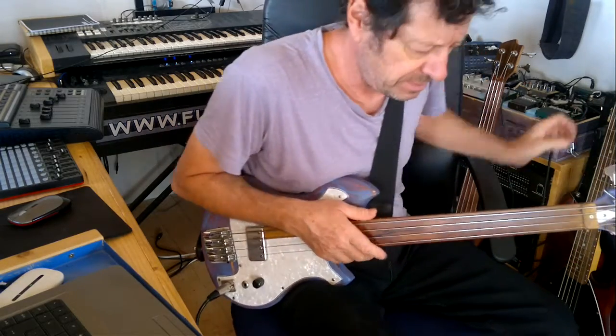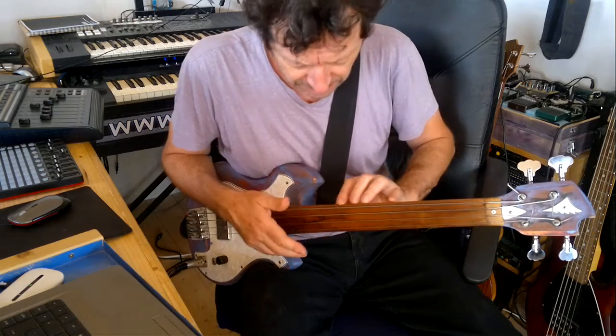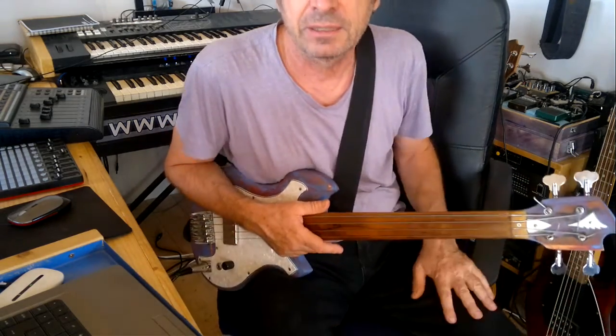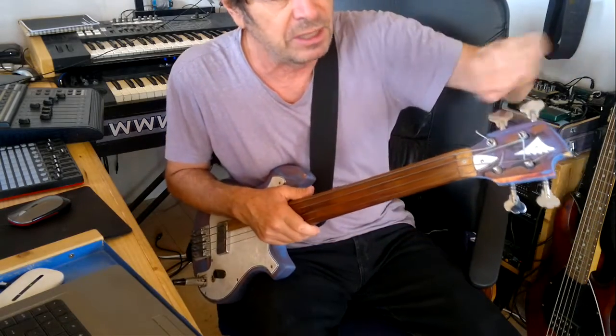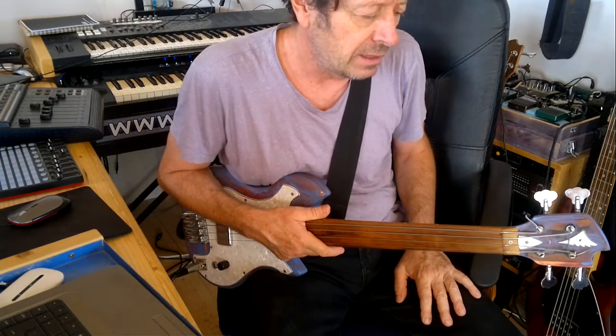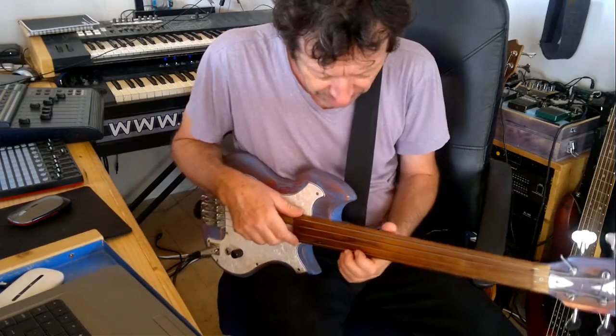So it's a lot easier here, and I still have the sound of a long string, because here it's the same as having a long string. In fact, these strings up here are long scale. What else? So yeah,